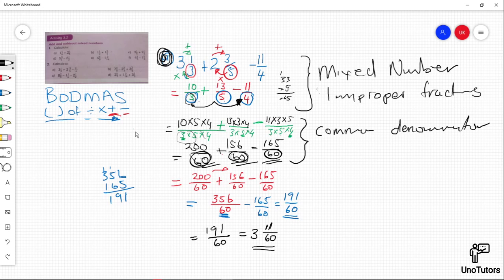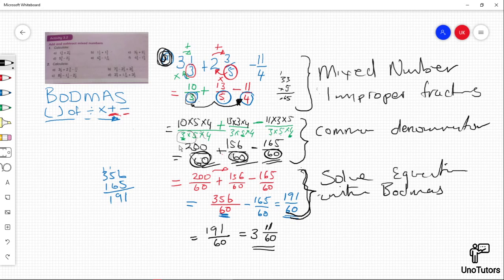And once you do that, you just write it in a form that is presentable, which is then the next step, right? And then you just subtract or solve the equation, right, with BODMAS in mind, right? So try and use all those stages and see if you will get to that answer,